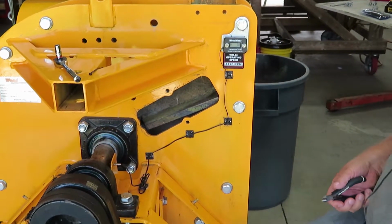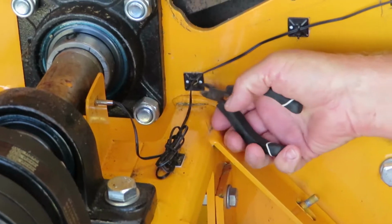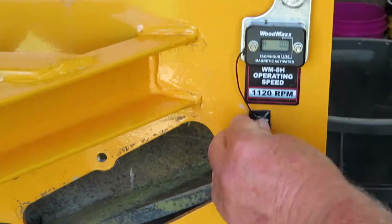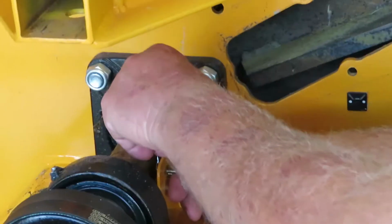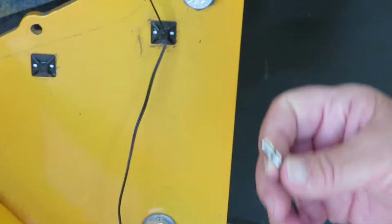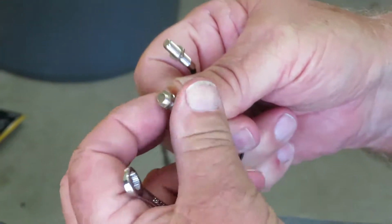And first thing we got to do is cut all the tie straps off. Now we have to take the sensor off. So look at the nut on the old sensor so you can see exactly how far down it goes. And basically that's what we're going to do here. We're going to turn the second nut